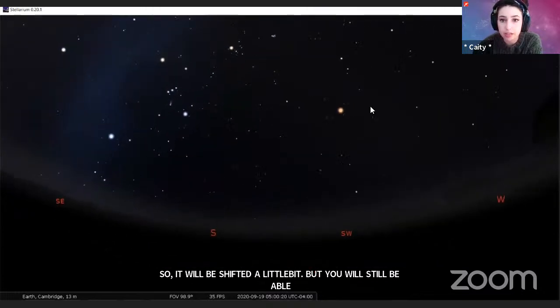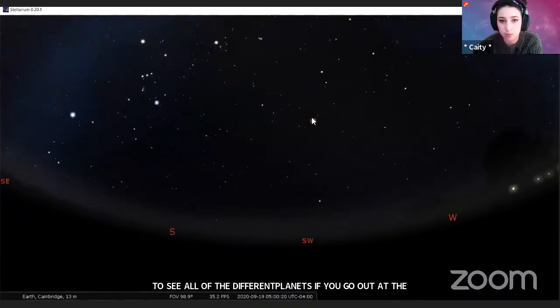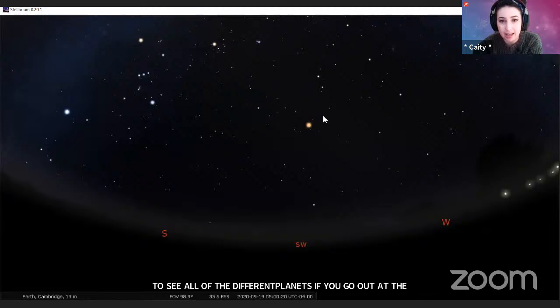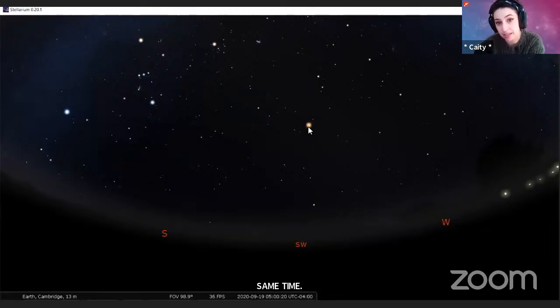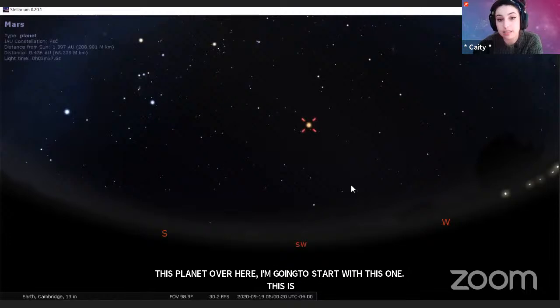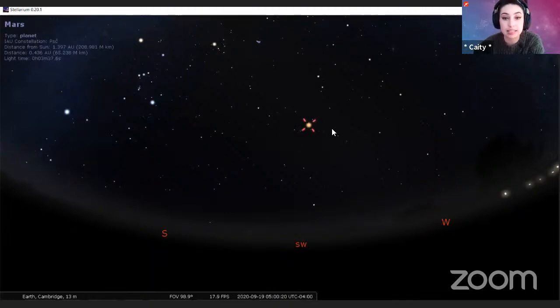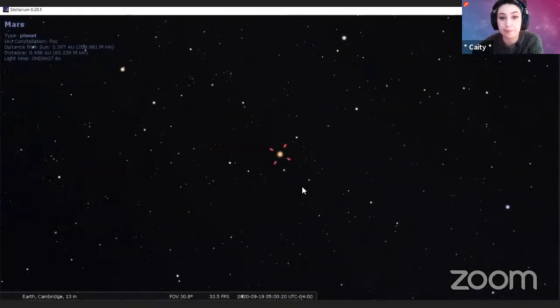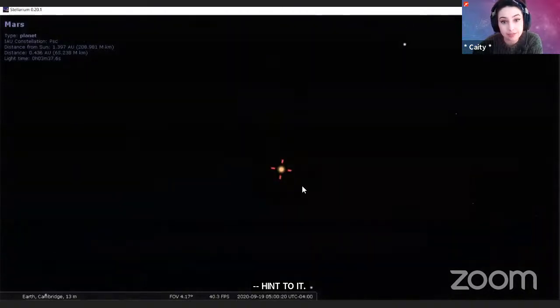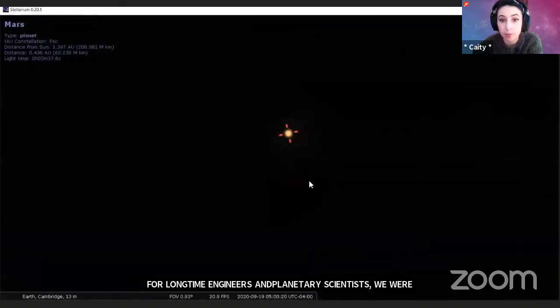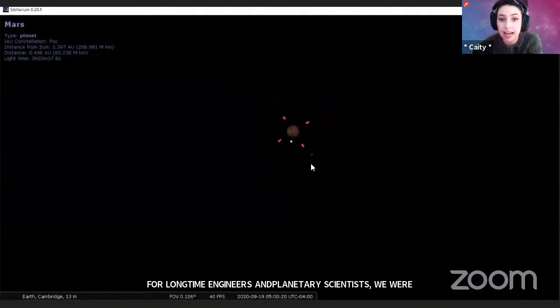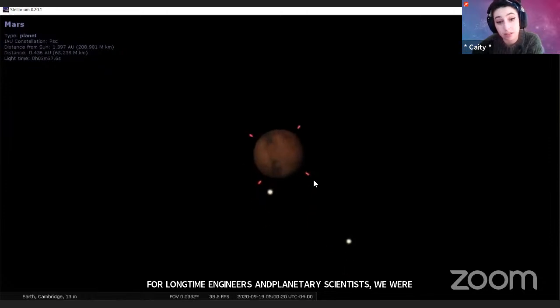All right. So this planet over here, I'm going to start with this one, just mentioning it briefly. This is Mars, and you can tell because it does have the reddish hint to it. For a long time, astronomers, engineers and planetary scientists were always looking to Mars to see if there was ever life on Mars, because in a lot of ways, Mars looks like it used to be a little more like Earth.